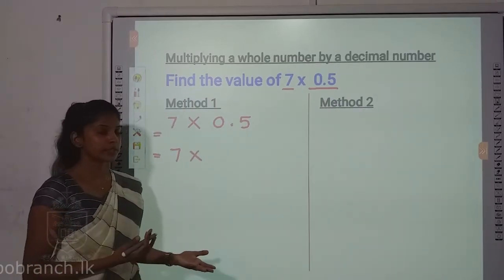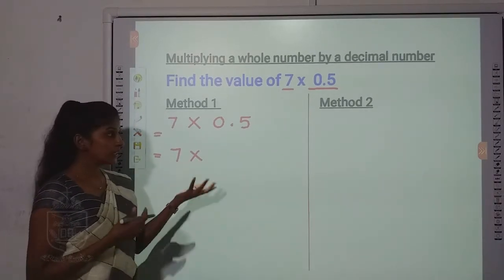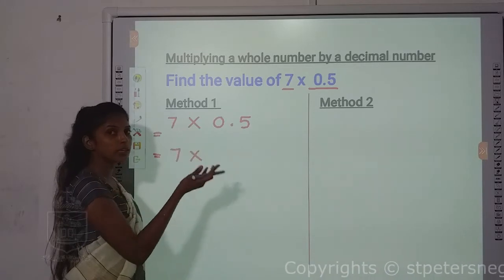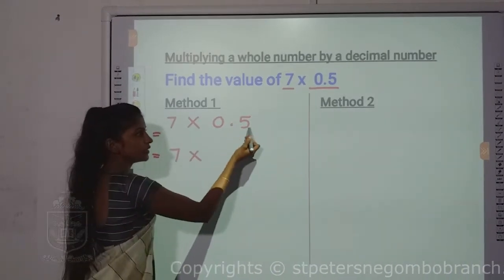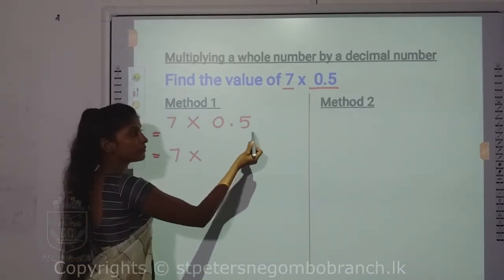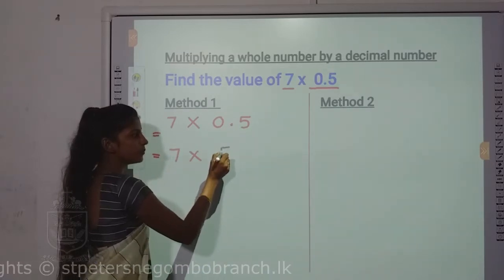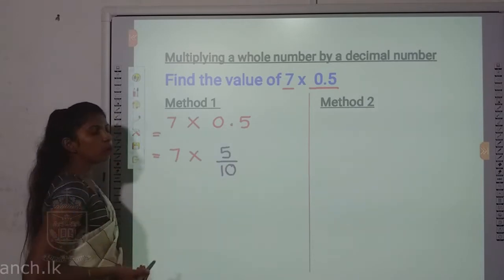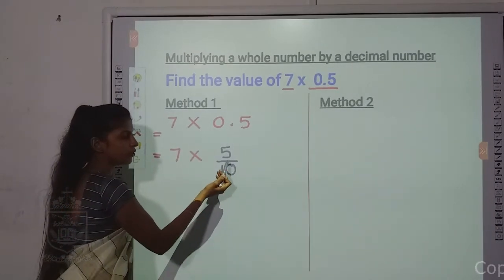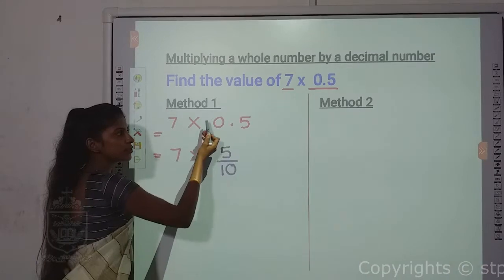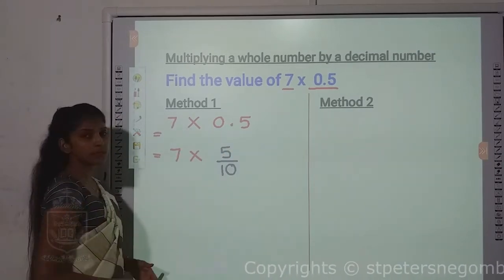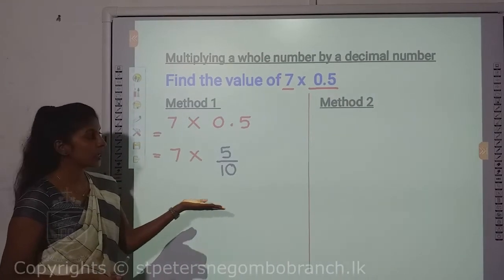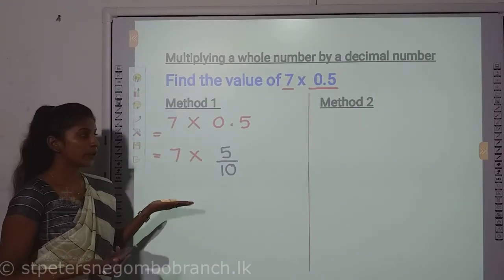Now at the beginning of the lesson we learned how to convert a decimal into a fraction or a fraction into a decimal. So we know if it is only having one decimal place, you have only 1 zero at the denominator, which means 5 over 10. If it is having 1 zero only, you have to take one move, so the answer is 0.5. So you have to do the opposite of that. Looking at this, you are going to write the fraction of the decimal.